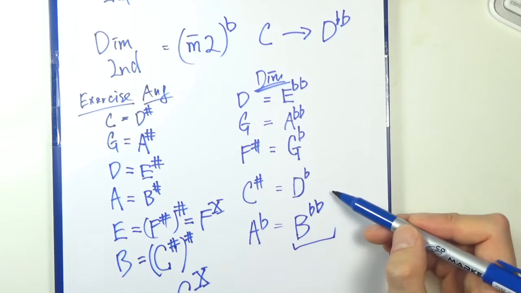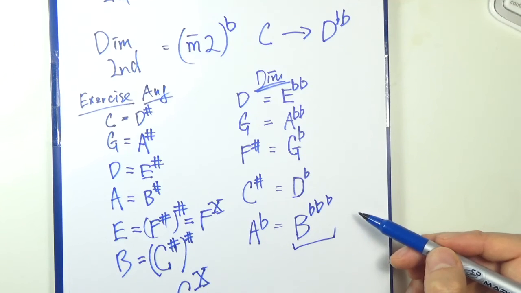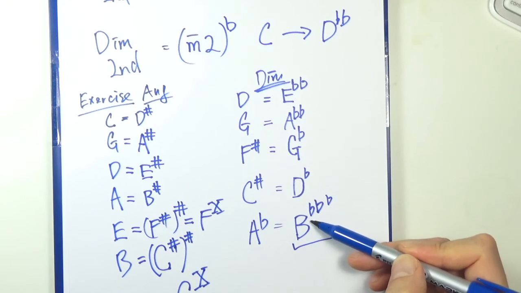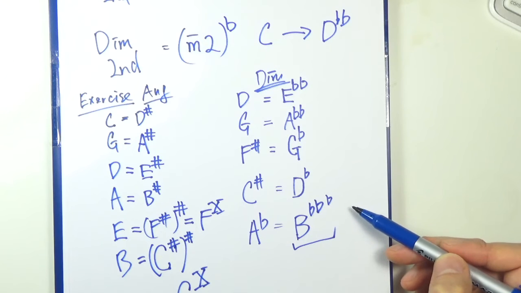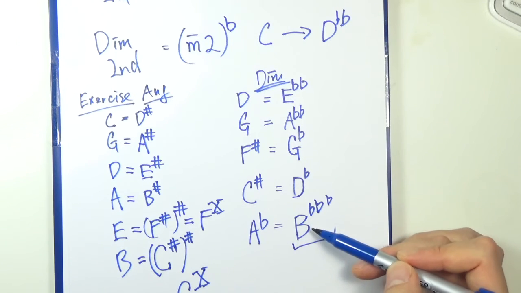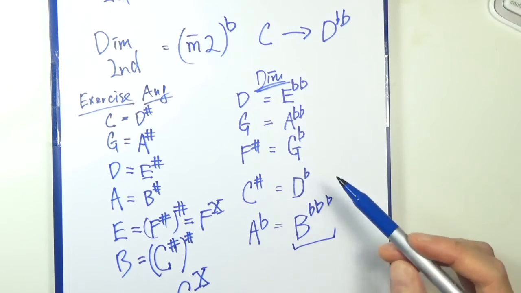So interestingly, we need another flat to make it a diminished second. So this is something that you seldom see, but in theory exists. So your B triple flat is actually the diminished second of A flat, because again,